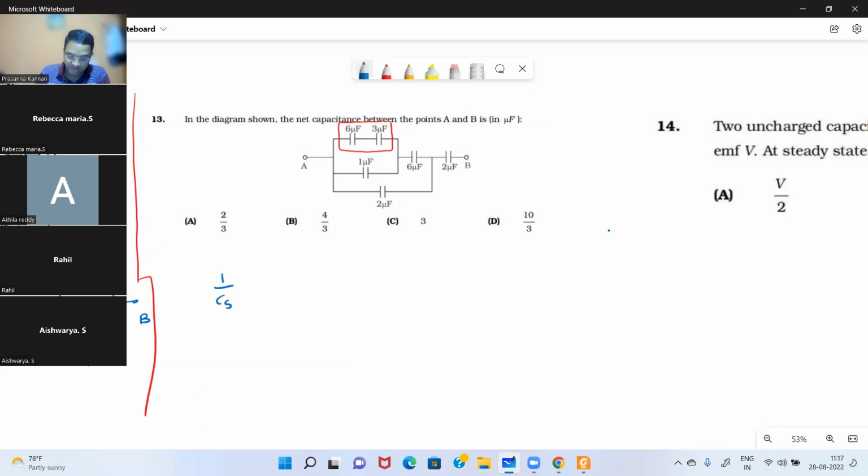So 1 by CS is equal to 1 by 6 plus 1 by 3. LCM is 6. So it's 1 plus 2. So that's 3 by 6, which is 1 by 2. Or CS will be 2 microfarad. Therefore, the top capacitor becomes 2 microfarad. And that top capacitor and this one, they both are in